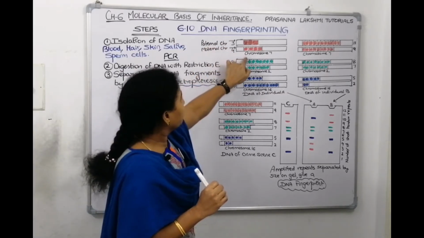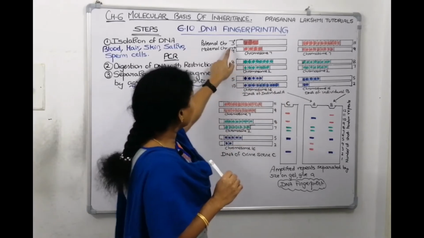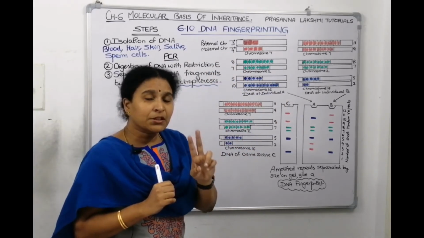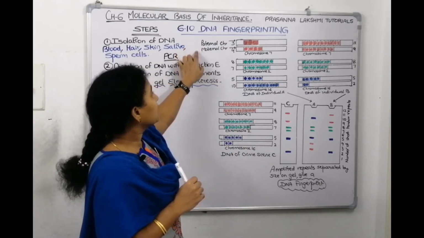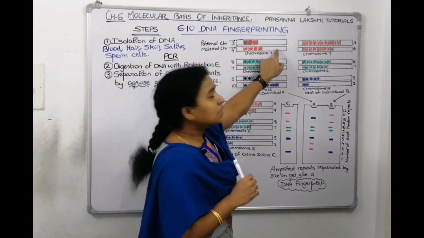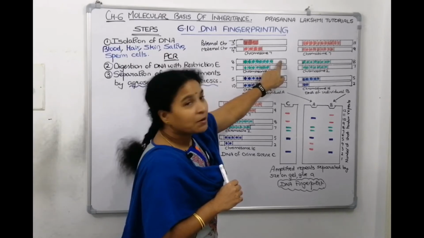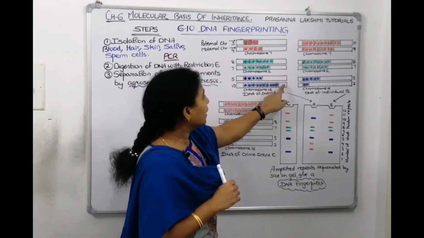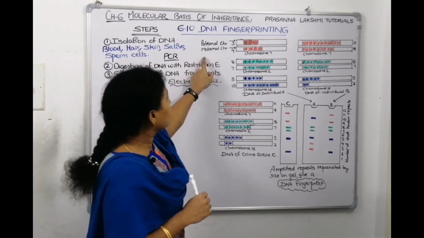Chromosome number 7 of individual A, a pair, right? Diploid condition means the 7th chromosome is 2. One is from his father, the other one is from his mother. So this is a paternal chromosome, and this is the maternal chromosome. Similarly, this is the 2nd chromosome, paternal from father, and from mother. Again, this is the 16th chromosome from father and from mother.